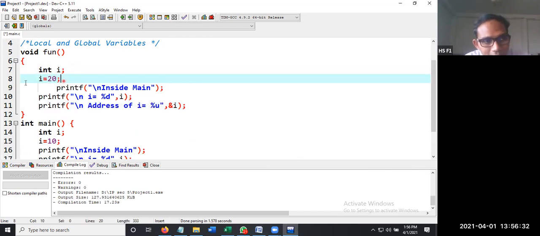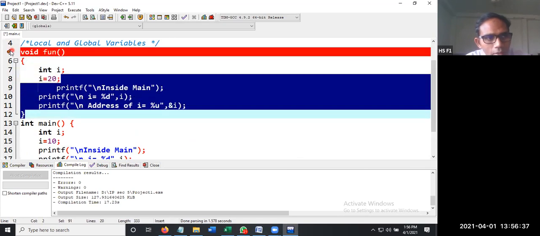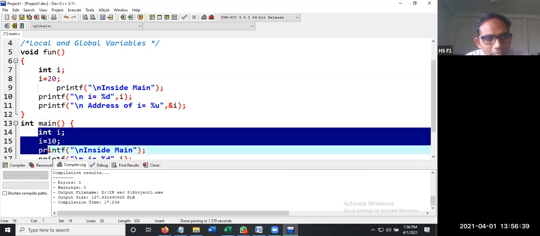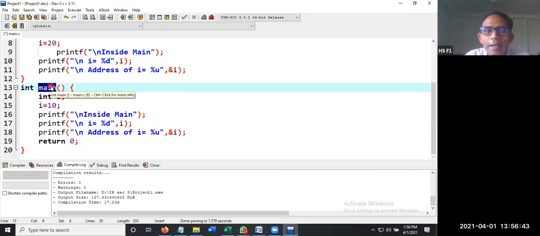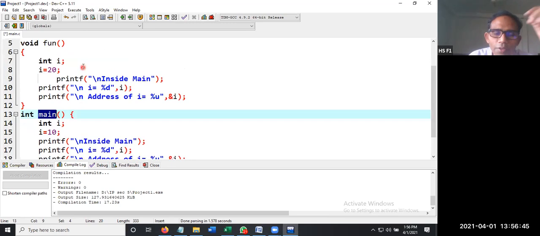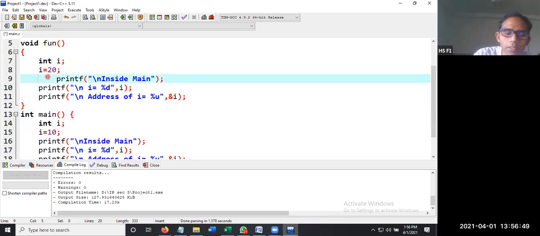This I is a local variable to the function fun, and that I is a local variable to main. Though we have the same names, they are two different memory locations, two different addresses created for those variables when they are under execution.